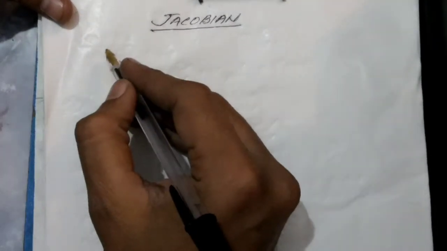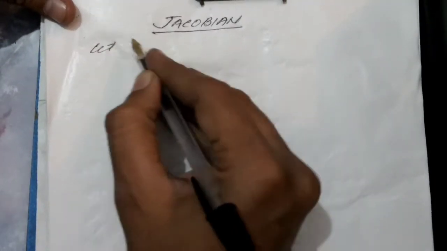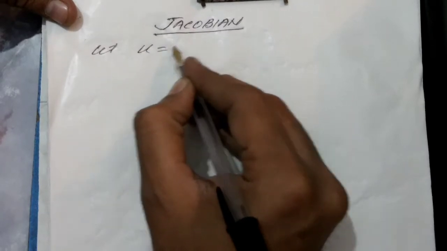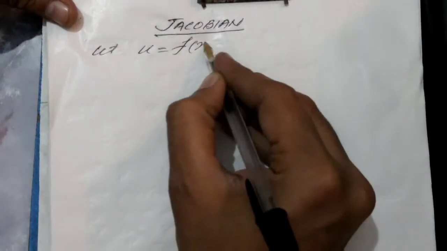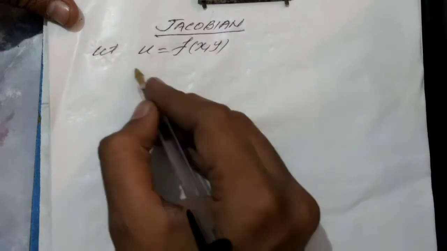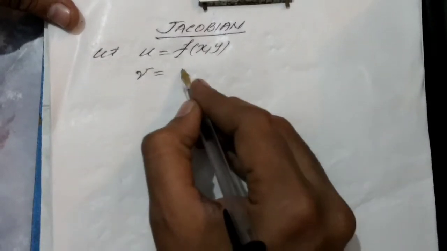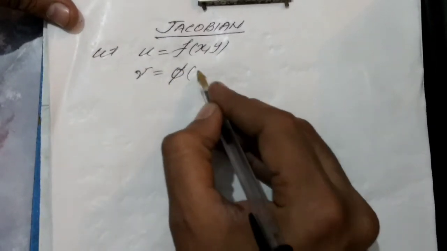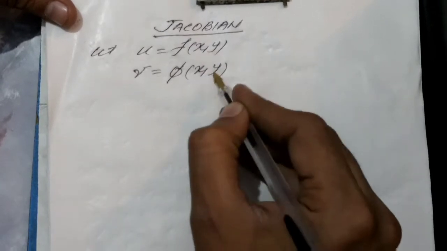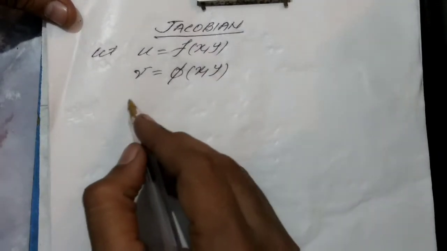In this video, I am going to discuss a new concept related to partial differential calculus, that is Jacobian. Let u be a function of x and y and v be another function of x and y. Then